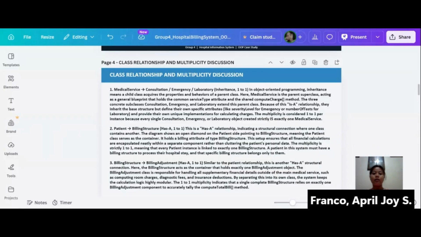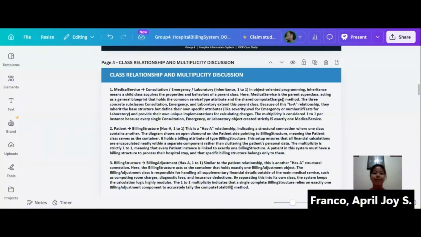This is an is-a relationship because it allows each service to inherit the service type while providing its own logic for the computeCharge method. For example, a laboratory service calculates fees based on the number of tests, while an emergency service factors in severity levels. The multiplicity is one-to-one per instance, as every specific service record fundamentally is a medical service.